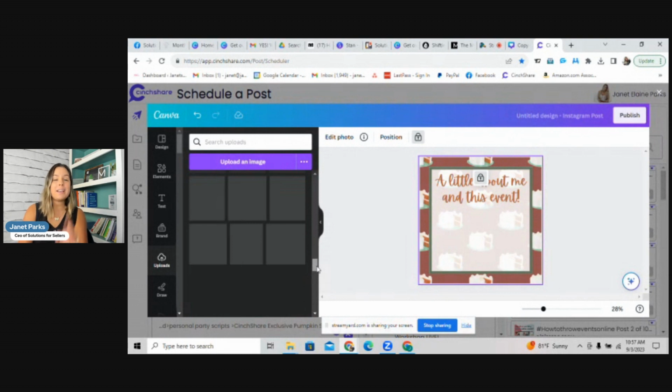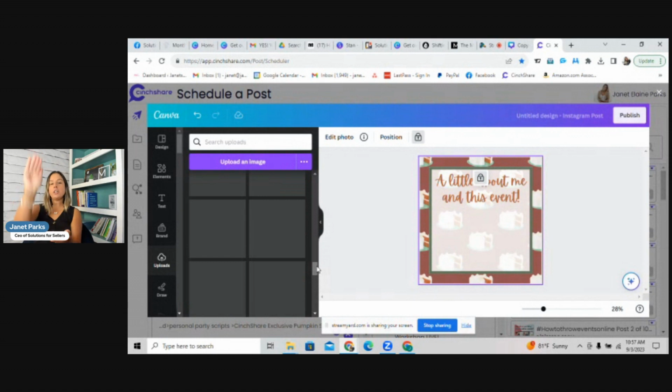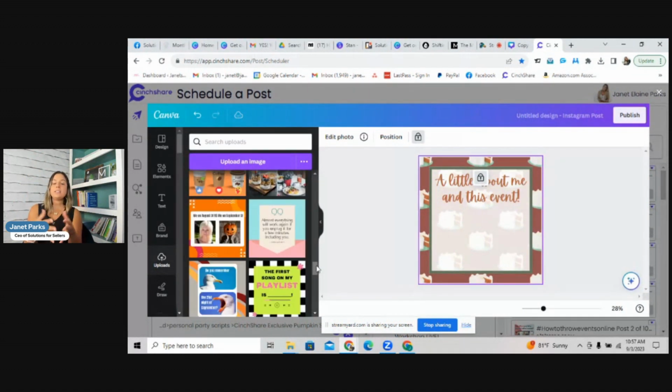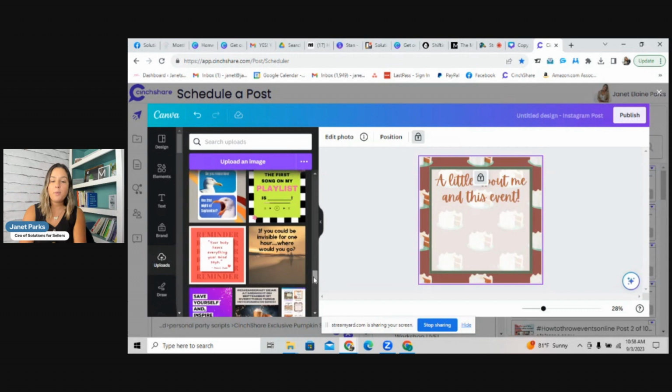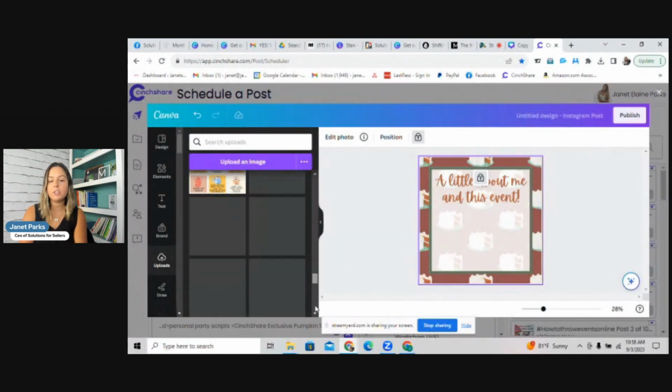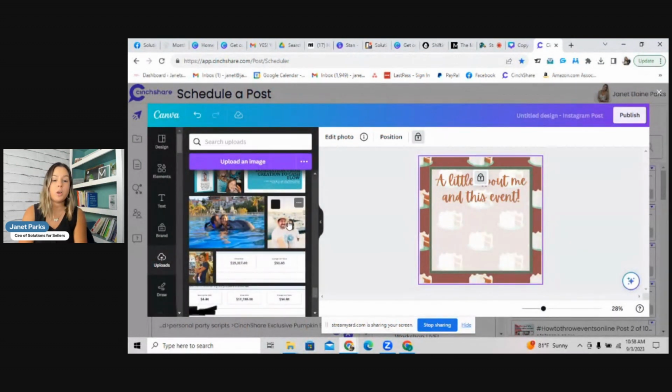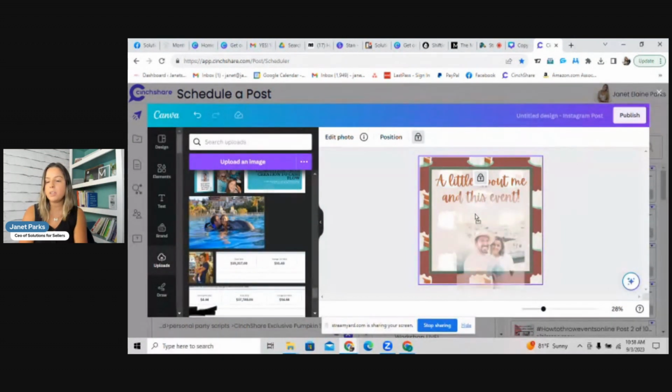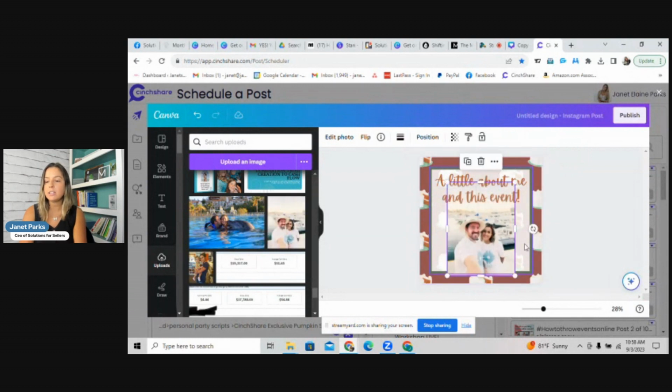Okay. So quick tip for you when you're editing your graphics: it's helpful to, like I said earlier, look at the graphics that need to be edited and decide what images you're going to upload to Canva so that you can simply drag and drop them into the graphics. That way you're not having to do what I'm doing right now, which is looking for an image. So here's a good one. We're going to do one with me and my husband. I'm going to drag and drop this one right in here, and you can see it's a little big. So I'm going to make it just a little bit smaller by dragging this top part and then this bottom part. And there you go.